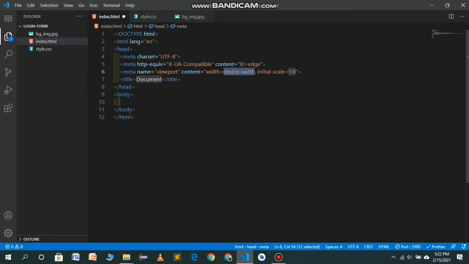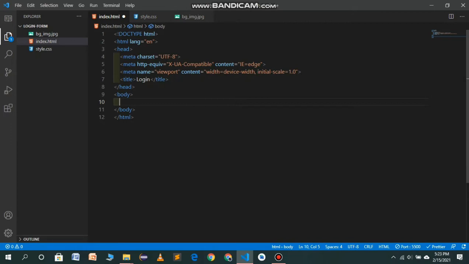Now first of all, I will change the title, which will be present in the favicon position when we open it in our browser. So the title will be login, and I have already created our files, index.html and the style file, and I have already imported an image from Google. The link of this code will be present in my GitHub repo. I will give the link in the description of this video.